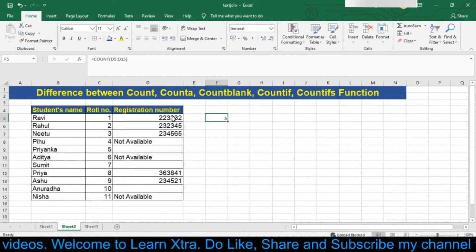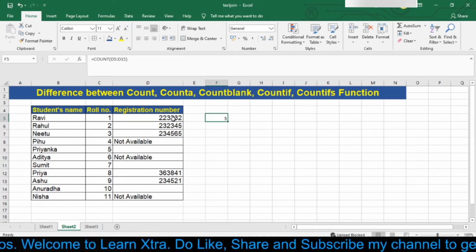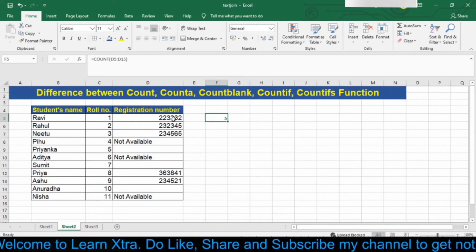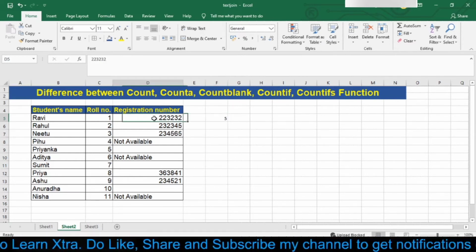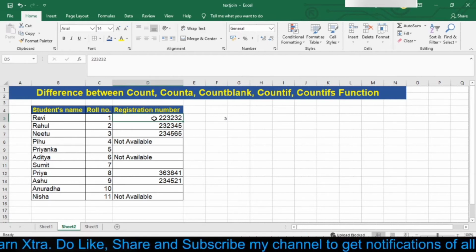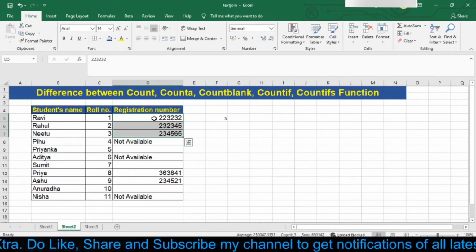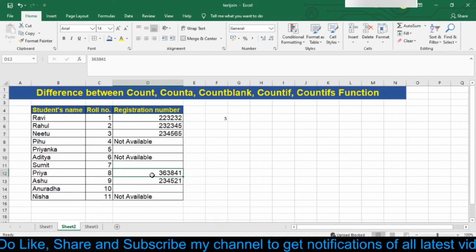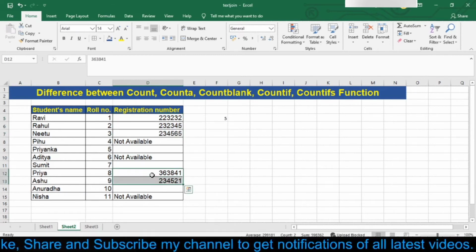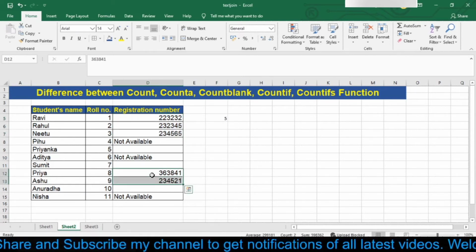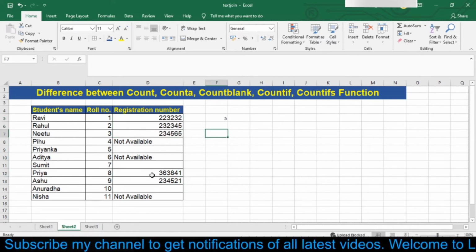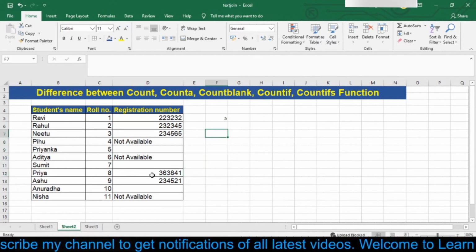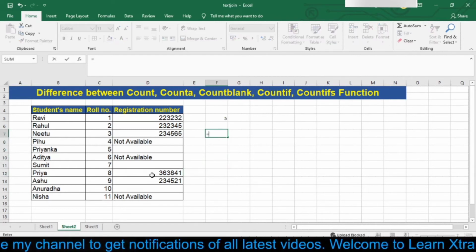So here as you can see that I got my answer as 5 because this count function will count only the cells which have number in them, and I have only 5 cells which have number in them, because count function will only include those cells which have number only. It won't include text. So here I have only 5 cells in which I have typed numbers.